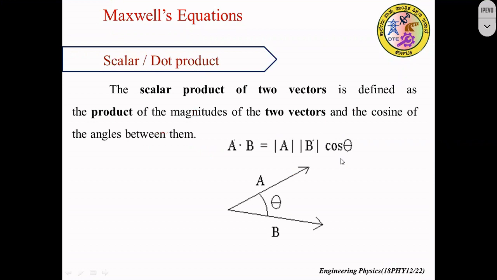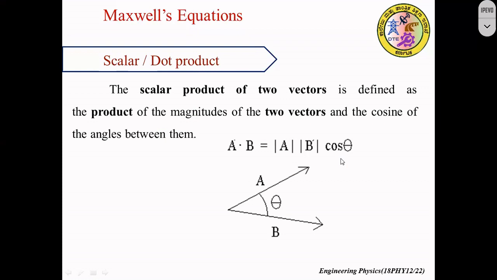What is a vector? All of us know a vector is a physical quantity which has both magnitude as well as direction. These vectors can be multiplied with each other, or added with each other, or subtracted with each other. The addition and subtraction we are not looking at here. We will look at the multiplication of vectors. Vectors can be multiplied in 2 ways.